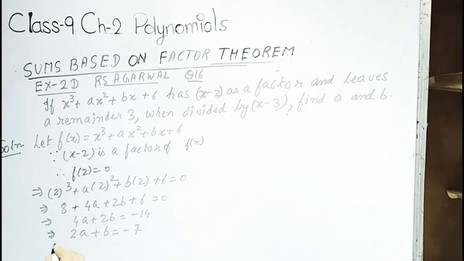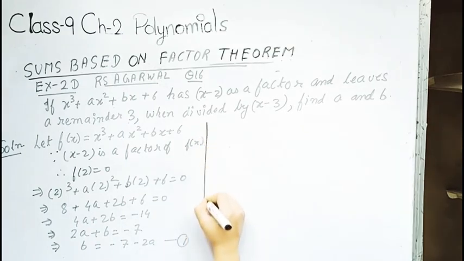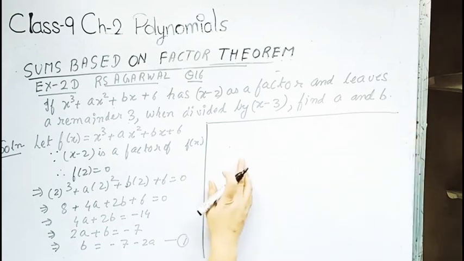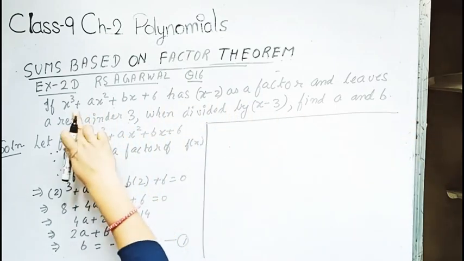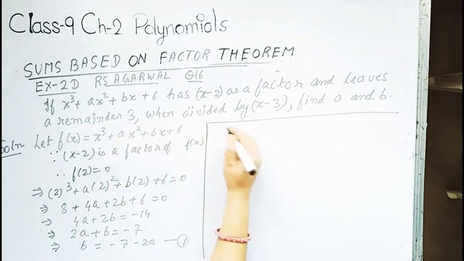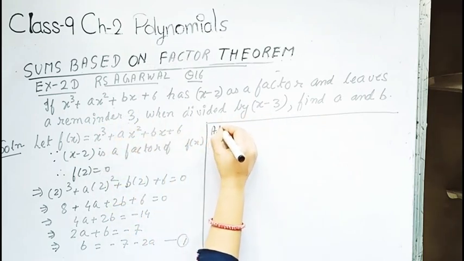Now let us express either a or b in terms of the other. This implies b equals minus 7 minus 2a. I am making it equation number 1. The second part of the question says that f(x), that is this polynomial, leaves a remainder 3 when divided by x minus 3. So we will be writing also